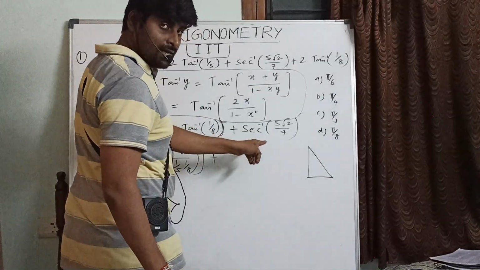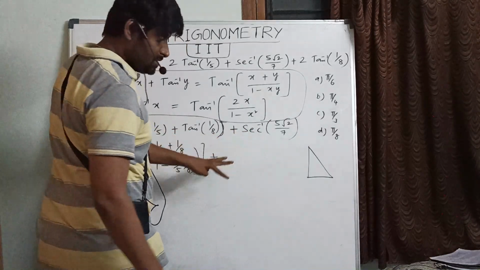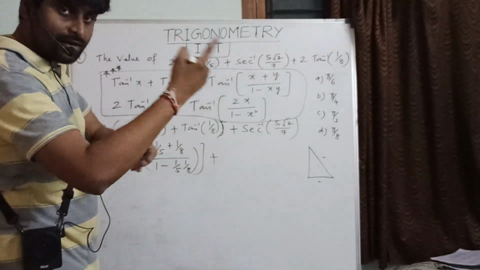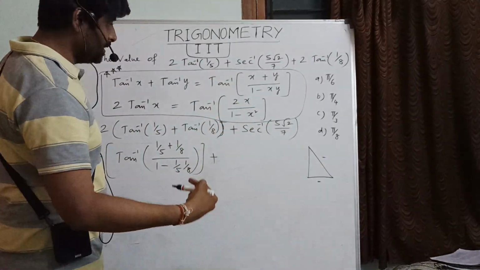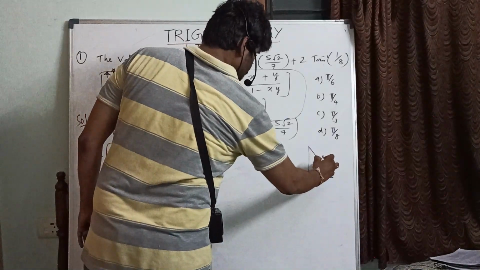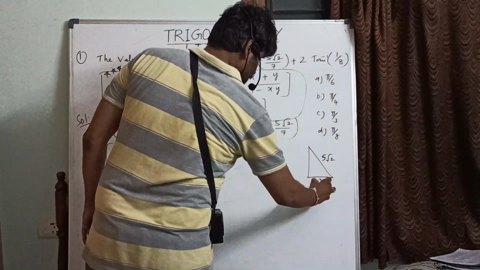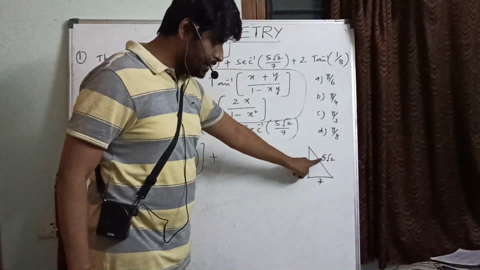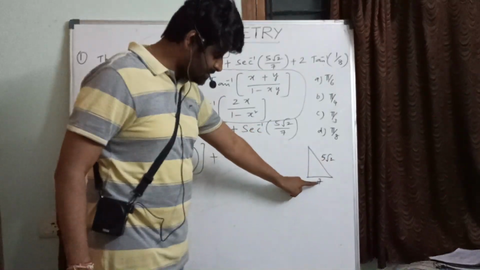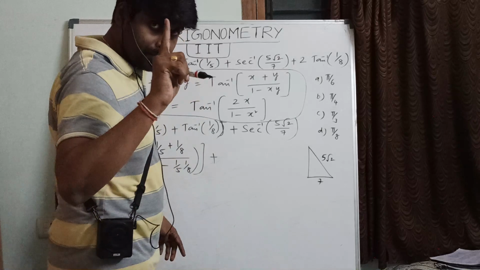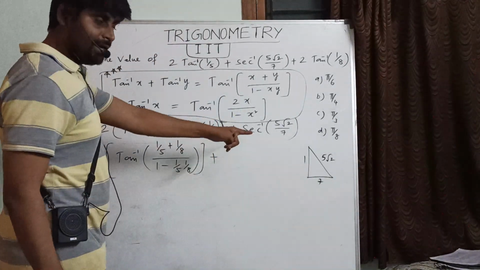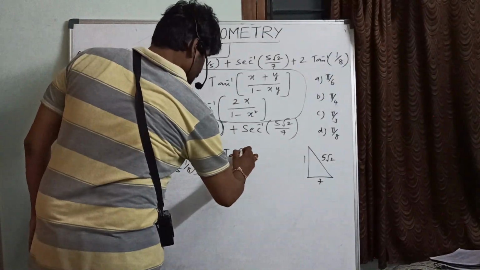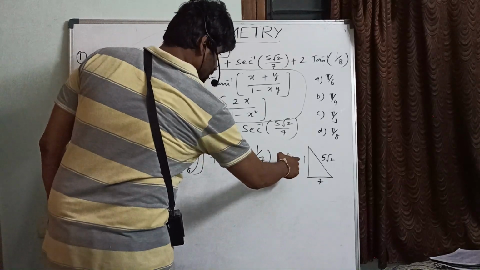See, first of all, cos means adjacent by hypotenuse. That is for cos. Secant means the reciprocal of that, so hypotenuse by adjacent. What is the hypotenuse? 5 root 2 is given, and here 7 is given. Simple, 5 root 2 whole square, 5 square 25, 25 2s are 50. 50 minus 7 square 49, 50 minus 49 is 1. Okay, now tell me how can I write this in the form of tan inverse? Tan inverse of 1 by 7, opposite by adjacent.